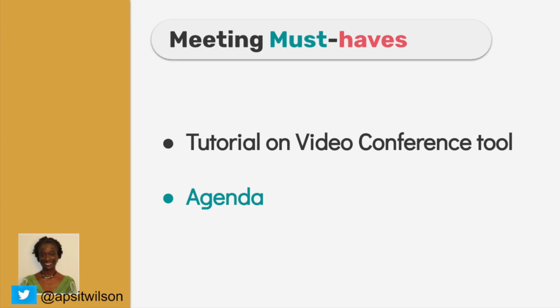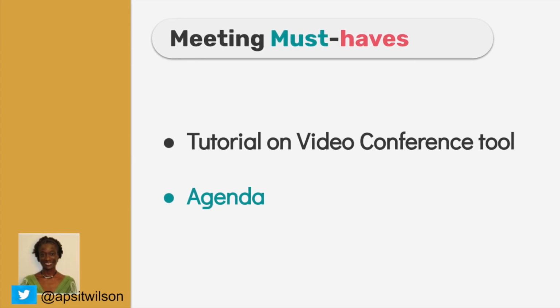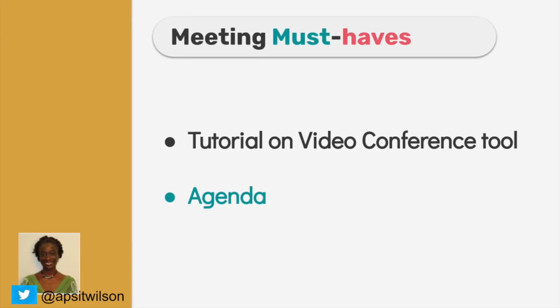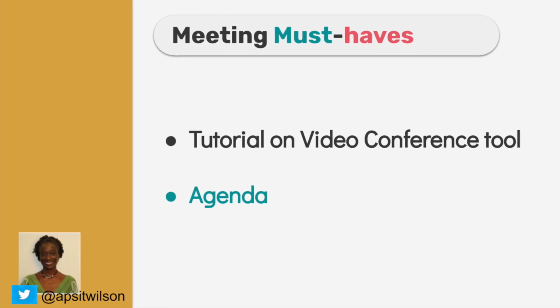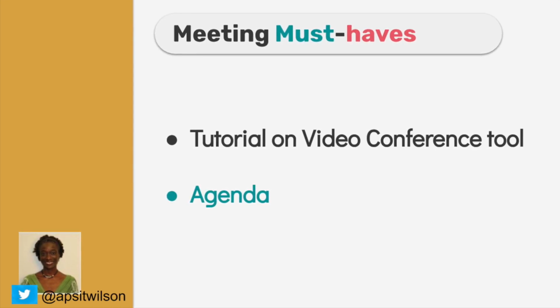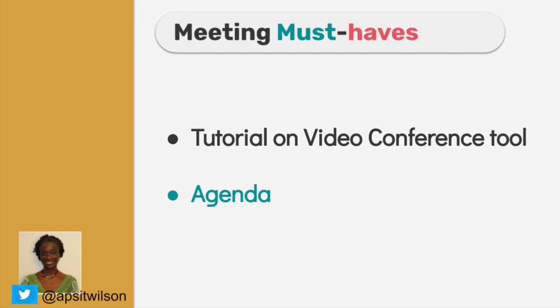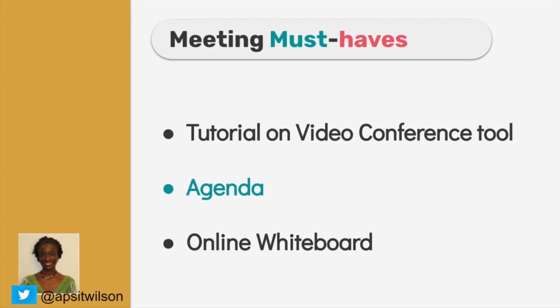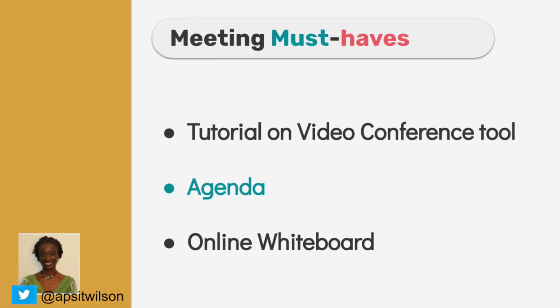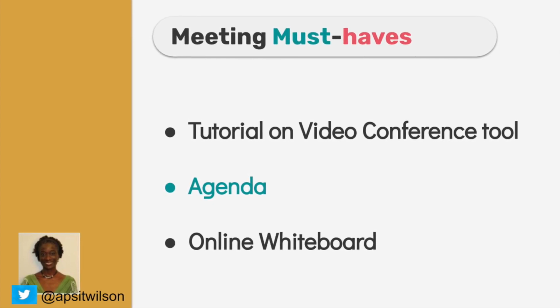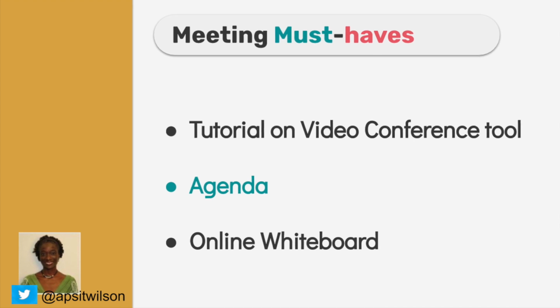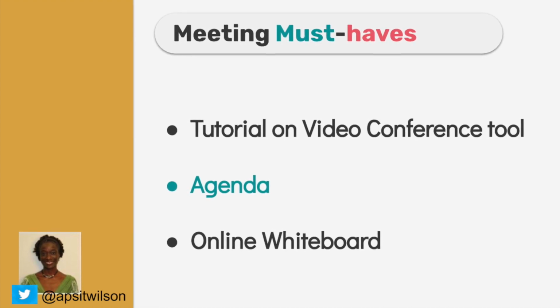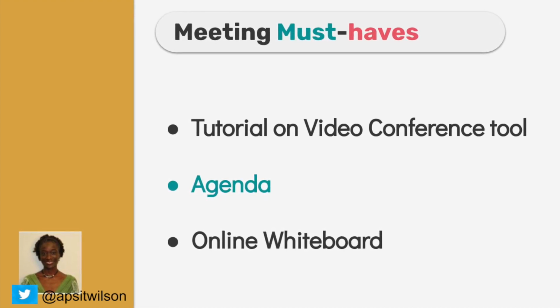An additional feature to add to your real-time meeting is an agenda, which outlines how the class will progress, what will be covered, and the activities they'll engage in. Thirdly, using an online whiteboard such as ClassFlow or a shared document such as Jamboard will allow your students to properly engage in the